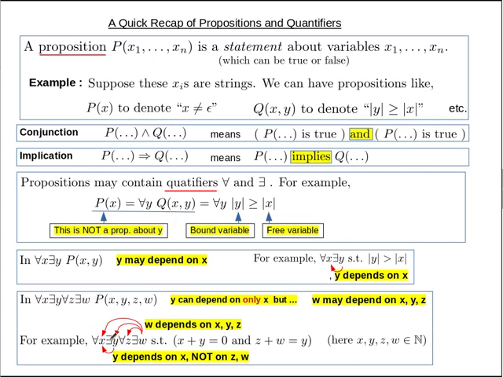if you have a chain of these alternating quantifiers, so for all, there exists, for all, there exists. Whenever you have a there exists, this variable will depend on the previous variable. So here this y depends on x, here this w depends on the previous variables. So this dependence is there, and then when you negate,